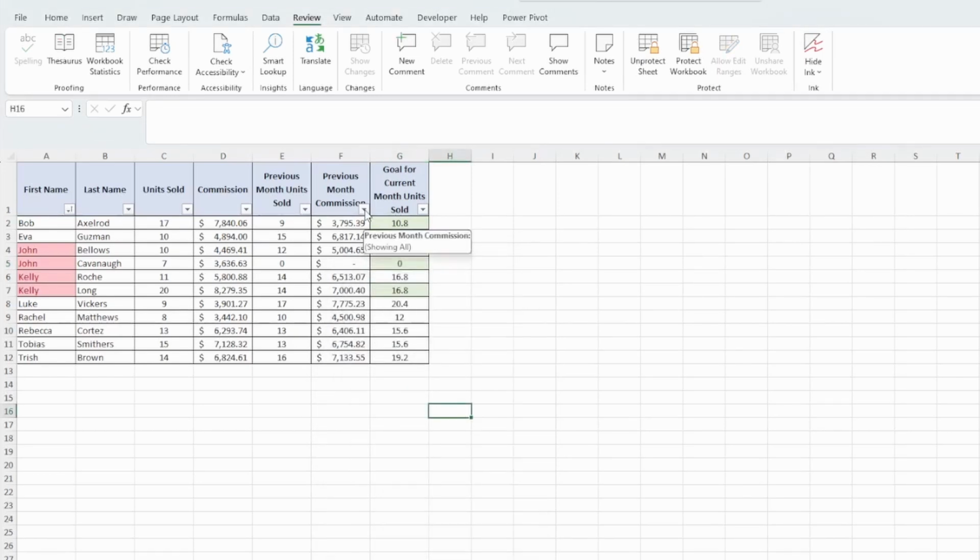Now you can't tell, but I'm actually clicking on this filter to try to open it up under the previous month commission, and nothing's happening. That's because these cells are now locked. Now to unprotect the sheet, whether it's your own sheet or a sheet that someone sent you that has a password protection on it, again under the Review tab, you would do Unprotect Sheet. We'll enter our password,